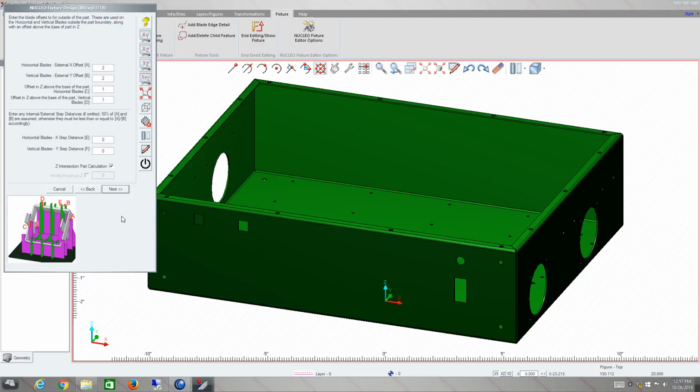But it's the next step. Again, now we start to see some pictures here with some A, B, C, Ds, etc. This is just asking me how much I want to encapsulate the part, how much bigger I want the fixture to be than the part. So I want it to go 2 inches outside the box in X and Y. I want it to go up the sides by 1 inch, and